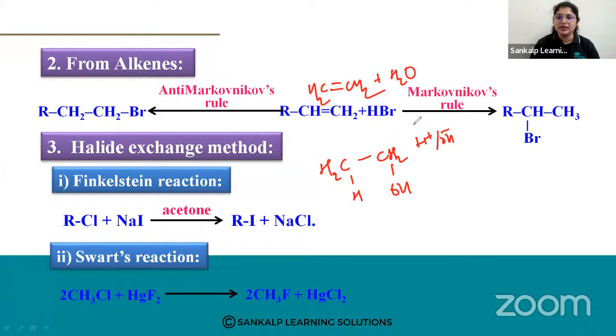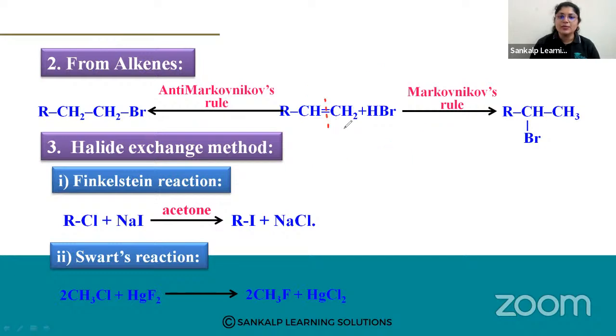Suppose you have an unsymmetrical alkene. Unsymmetrical alkene means the number of carbon atoms across the double bond is not the same. Here you can see there is one alkyl group and one carbon on one side, and only one carbon on the other. So the number of carbon atoms across the double bond is not the same. Whenever you have an unsymmetrical alkene and you want to add alkyl bromide across this double bond,